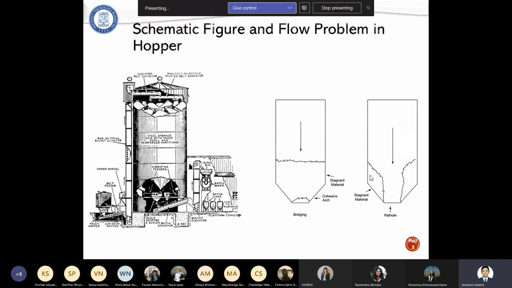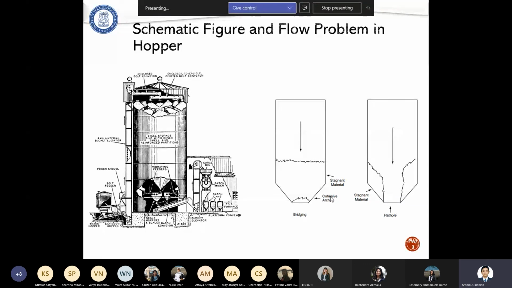This becomes a problem because it will reduce the capacity of the hopper. And second, remember that this is still a solid product, so if we cannot discharge it, it will also be costly.